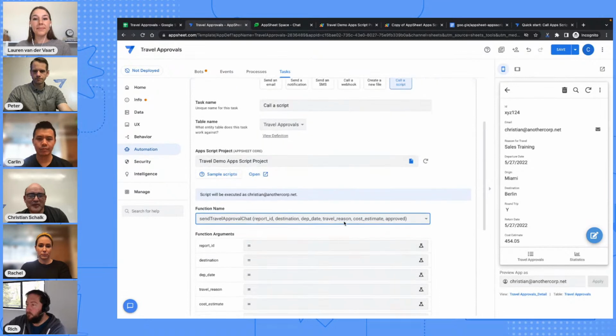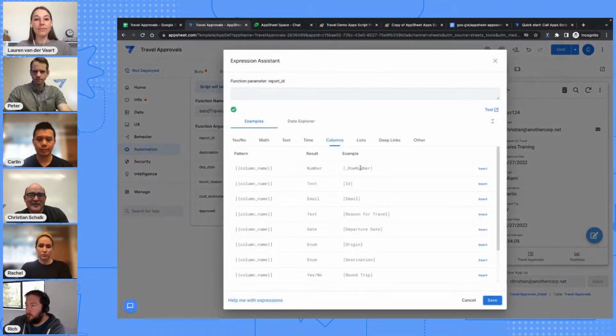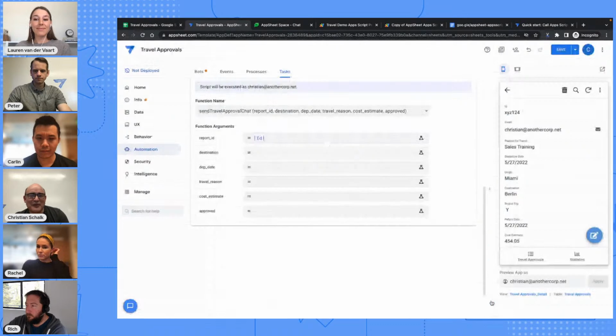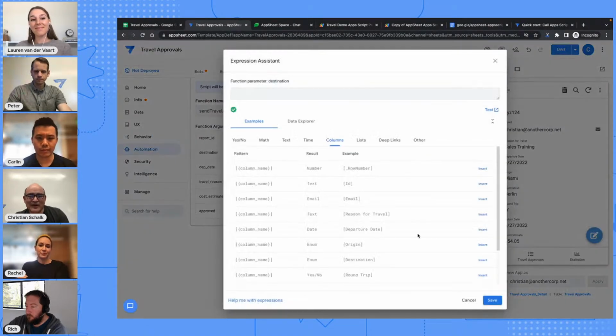And so bear with me for a little bit. I'm going to add a couple of arguments. So I pop this up, and I want to add the ID. So I'll just grab it from the expression assistant. There we go. Validation's kicking in like we want it to. And the destination, I just select that from my fields here. So there's destination,